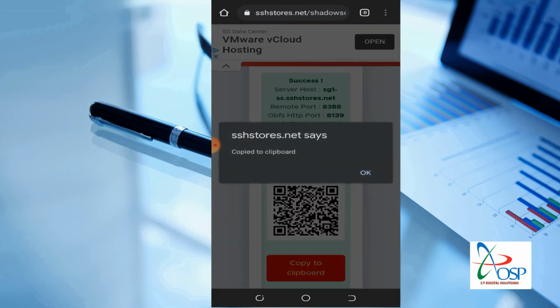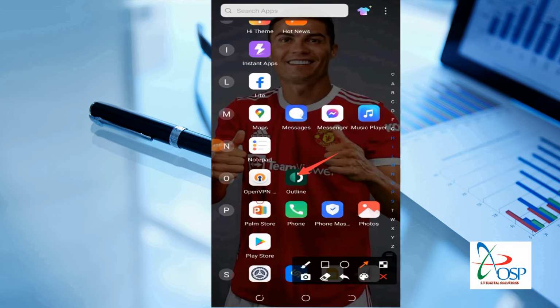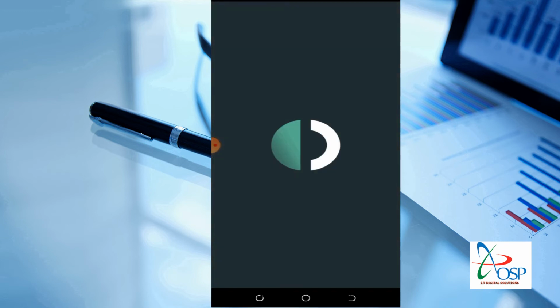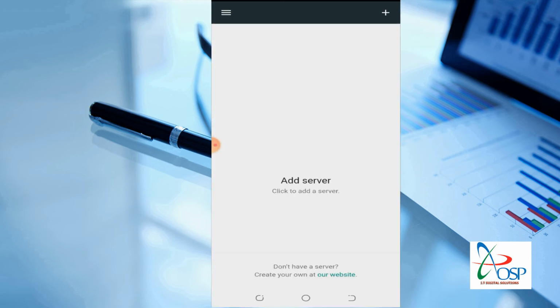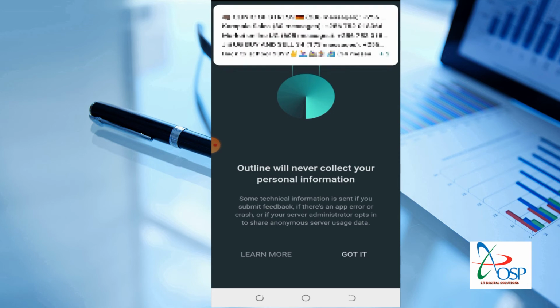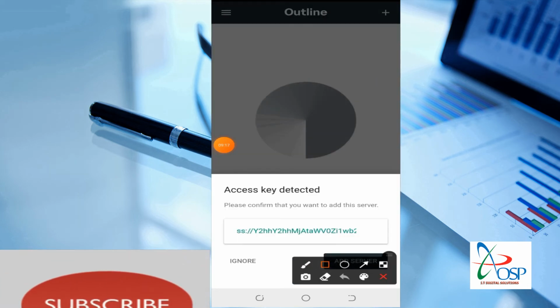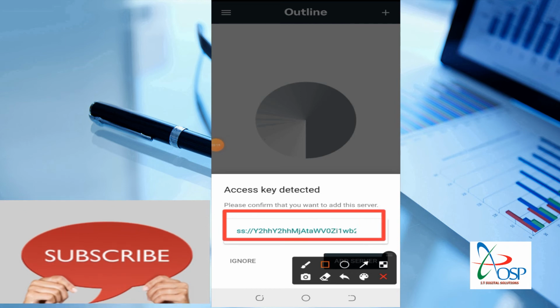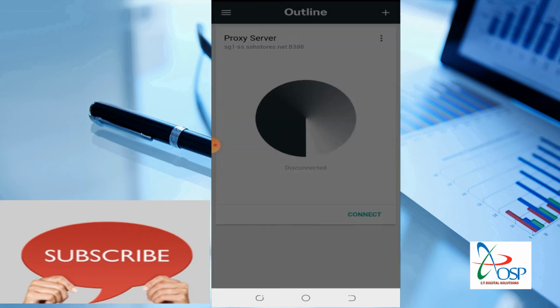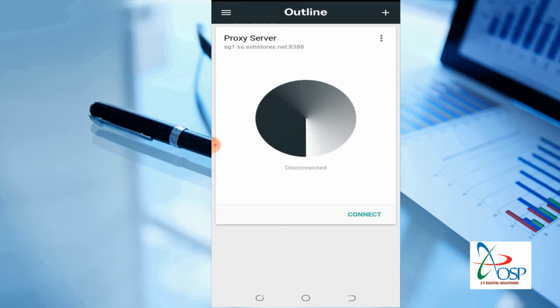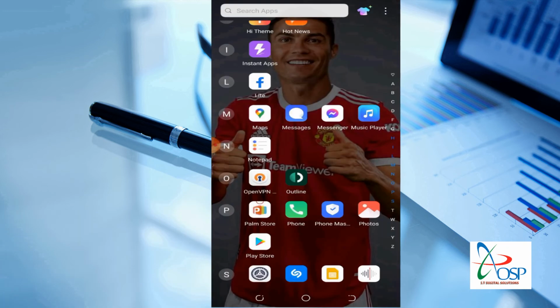So you can just copy that. So you then just go straight to our Outline, and there's nothing like at all like importing. This thing does everything for you. As you can see from there, the access key has already been detected. That is from what we have just generated from the other side, and then just click add server, and once it's done, that's all. So we shall just go back and